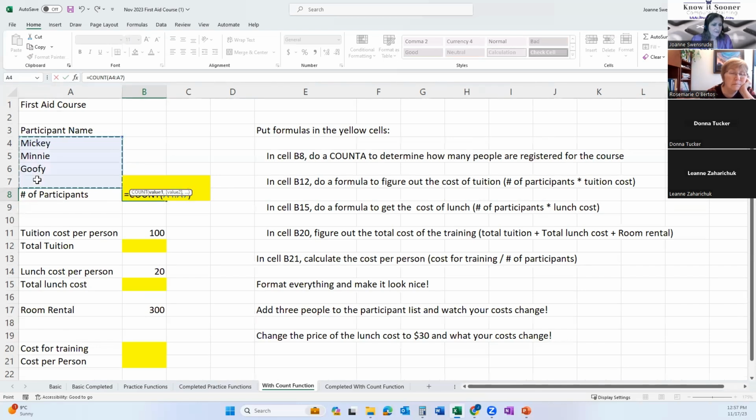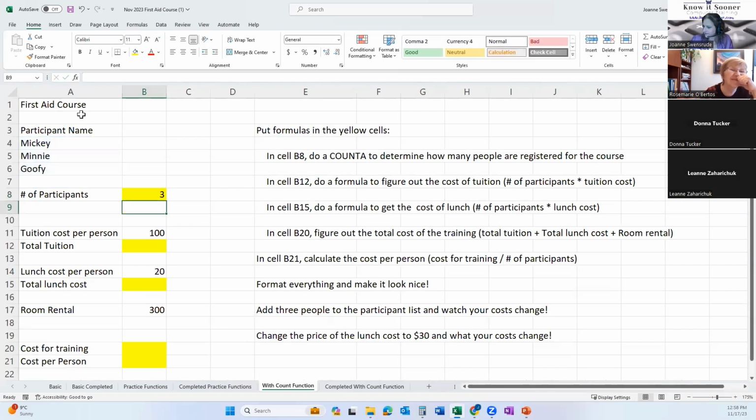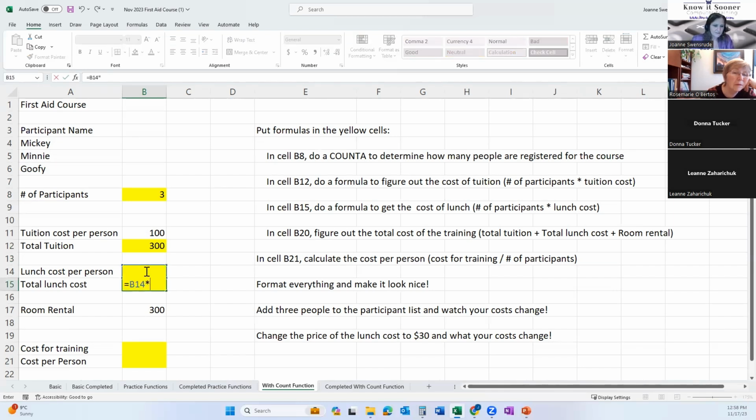What do I need to do, guys? Is it going to work? They're not numbers, so I'm going to have to go up there after the T and put an A. It's also in column A. All my stuff's in column A today. There's a 3. So now I could do these same formulas: equals 100. Look, I remembered that time, times 3. And total lunch cost equals 20 times 3. I'm not going to do the rest of them because we did those earlier.